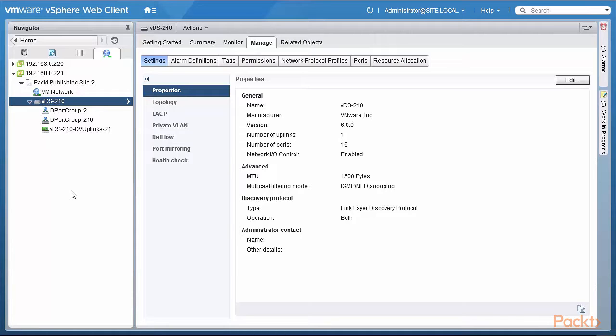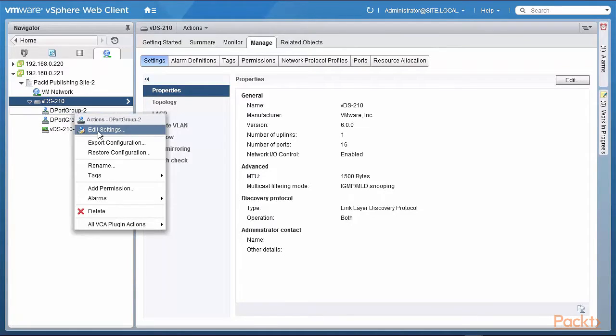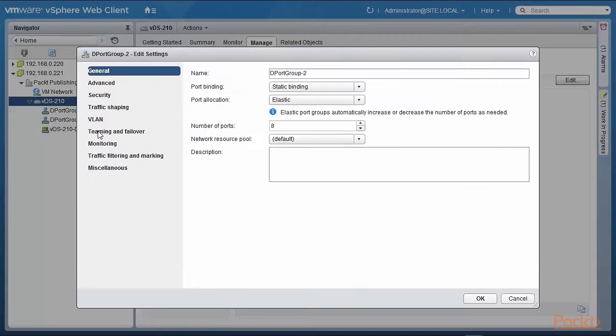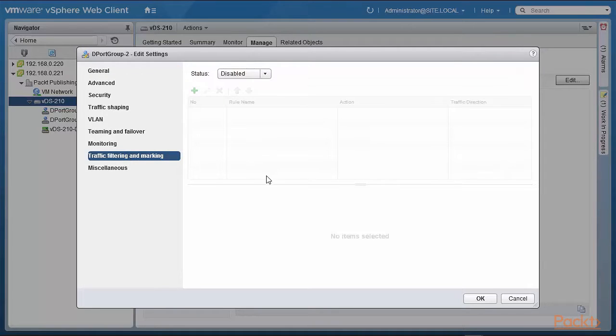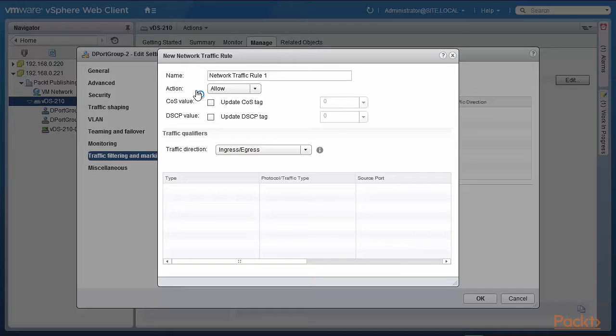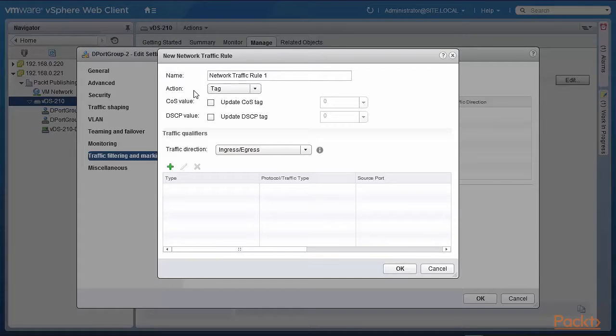So now we are here in our familiar VDS 210. Let's look at port group 2. I right click on that, edit settings, and we see traffic filtering and marking right here. I'm going to click on that. Its status is now disabled. I am going to enable the status first, and now we have the ability to create a traffic rule. So I'm going to call it PACT